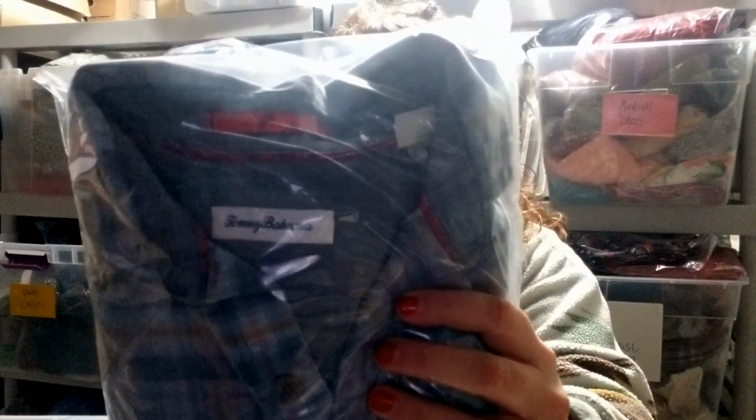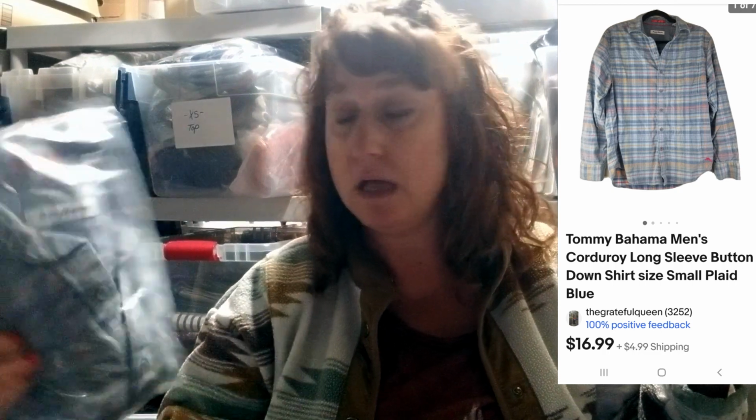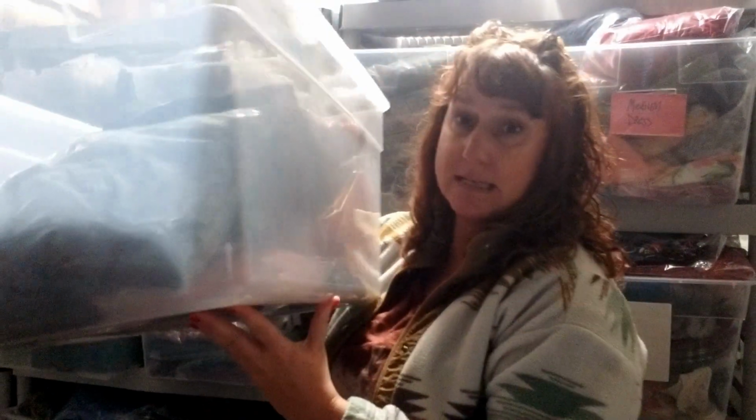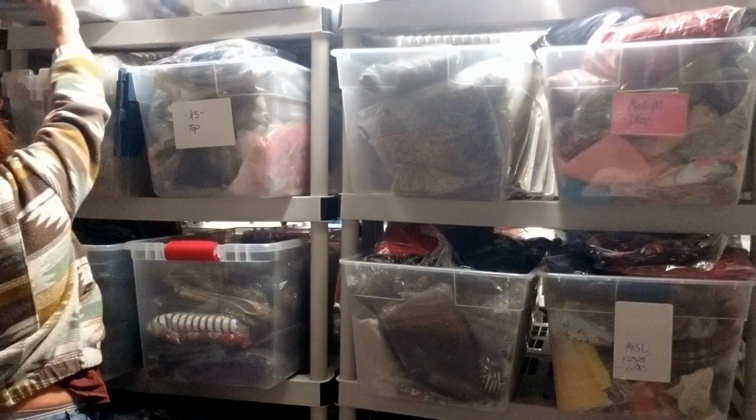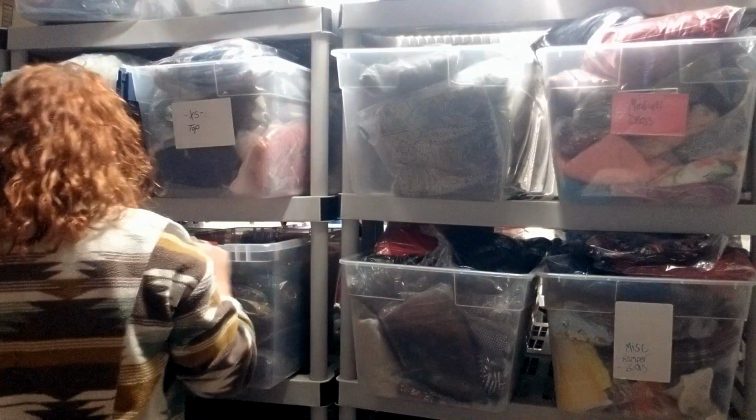Honestly, I had some pretty low dollar sales because sales were kind of slow, and so I took some of the lowball offers that came in, like on this Tommy Bahama men's shirt. I got this for about $1 at a yard sale, and it's a size small, really cute, kind of like super soft corduroy plaid shirt. Men's tops, small and medium. This is my old school system here. What else did I sell? Oh, these